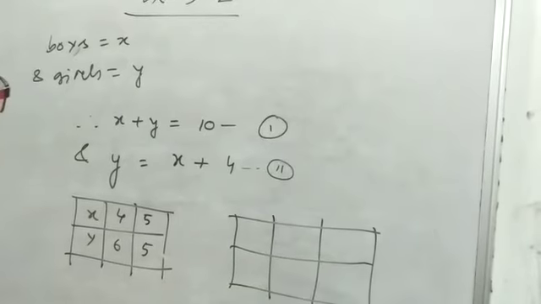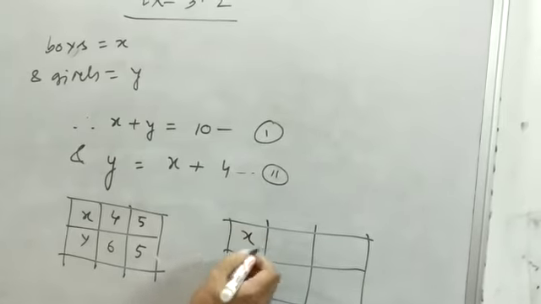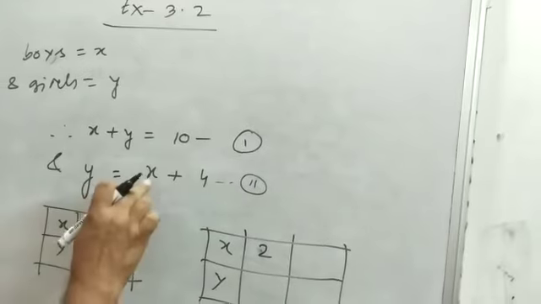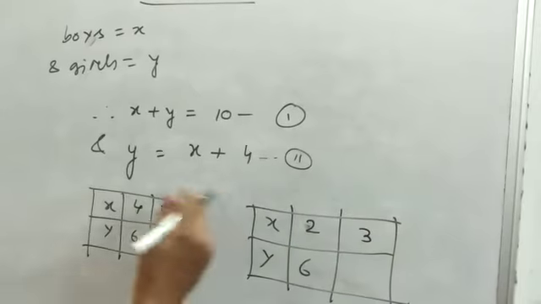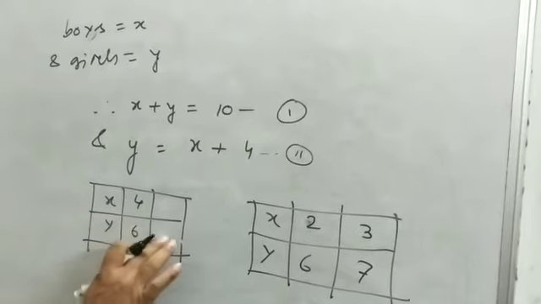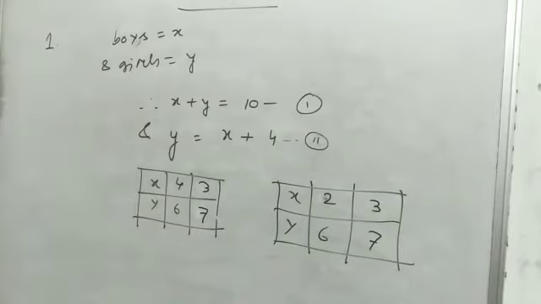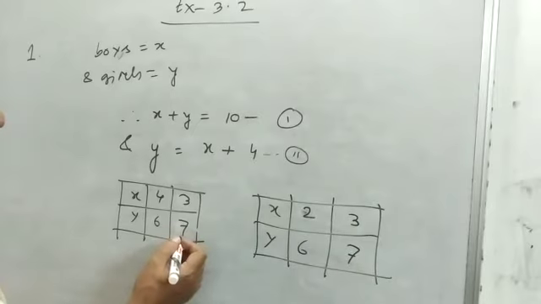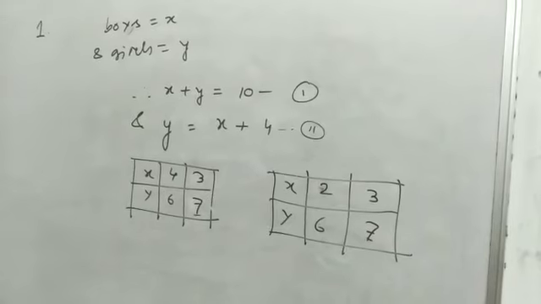Second equation here. Now suppose x and y. X value is 2, then y is 6. If x is 3, then y is 7. Now see, if we change this value, we can take x is 3, then y is 7 also. Now one value in the table is common, and this is very important, that is the solution. Okay, in the table one value we got is the same. Then we'll draw the graph.